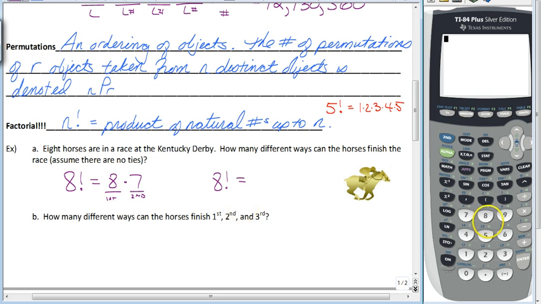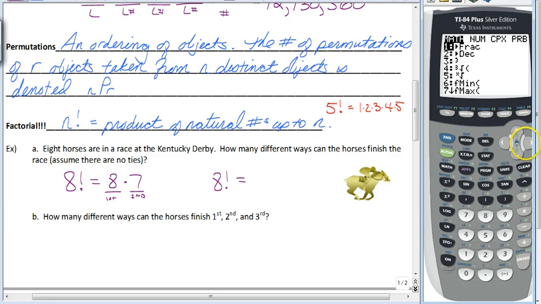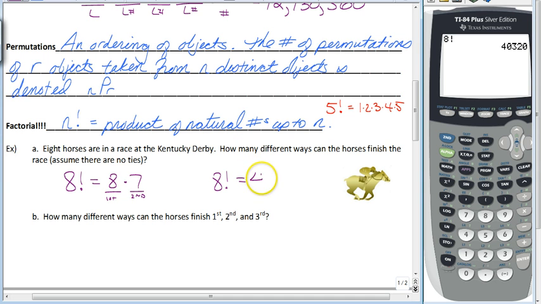Let me show you how. So you type 8, then you press the math button, and you slide over to number, slide over again to CPX, slide over again to PRB, which is probability, and then you go down to number 4, which is your factorial symbol. Now, math sliding over to PRB is going to be very popular for this unit. You will use that quite a bit. So we just click number 4 or press enter while it's highlighted, and we find out that when 8 horses race, there are